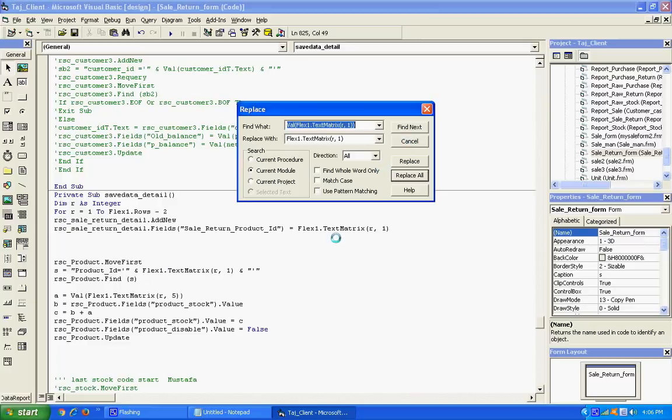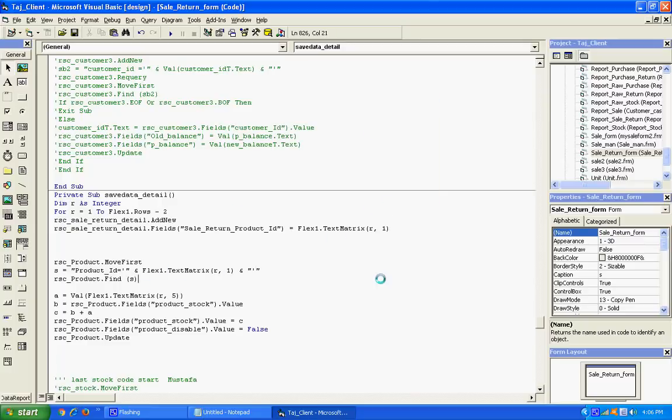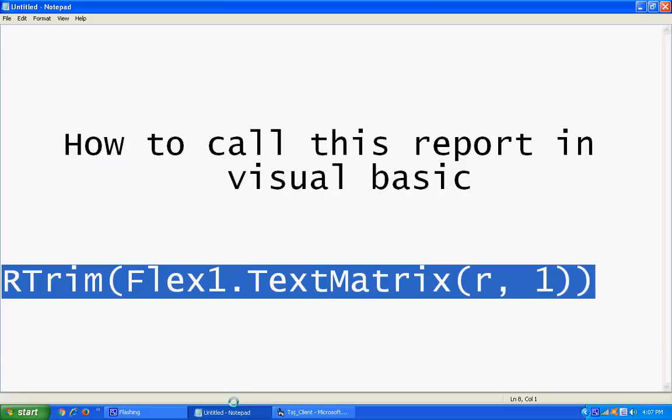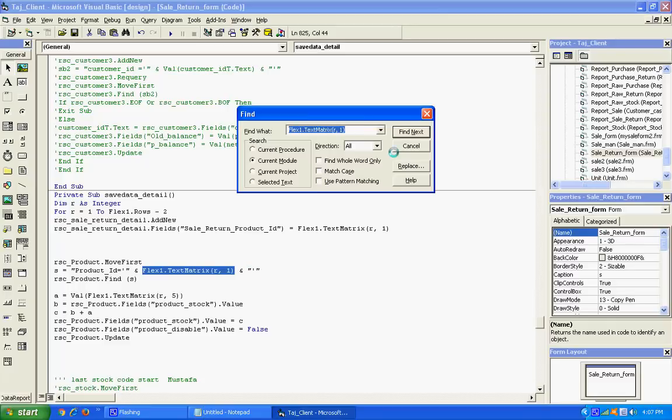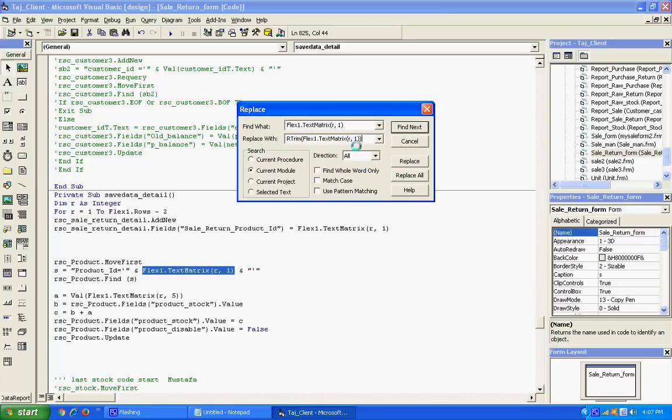Done. Now I'm going to change this field to this field. Control F, replace with this. Replace all. Done successfully.